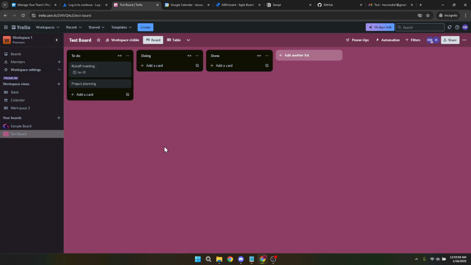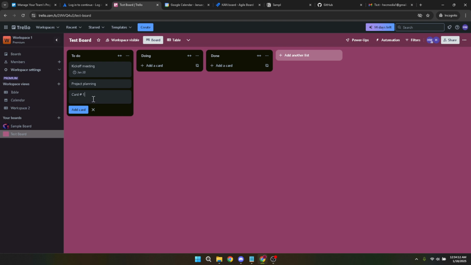The next basic step is to add a card. A card in Trello is essentially a task or item on your to-do list. Simply find the Add a Card option on your board and click it. This action opens up a space for you to type in the specifics of your task. It can relate to a client you're dealing with, a customer you're monitoring, or a project you're working on. Think of the card name as a headline. It should capture the essence of the task in a way that's clear to you.